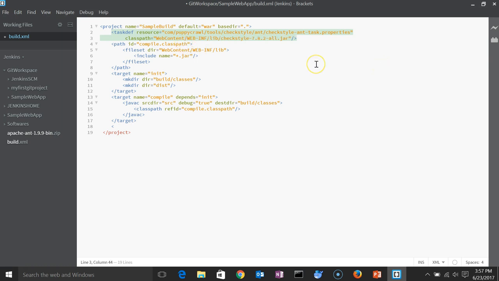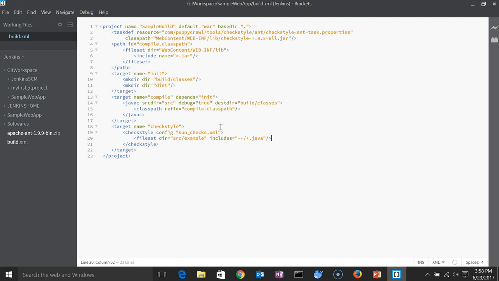Alright, now that the basic setup is done, let us go and create a target for Checkstyle and call it Checkstyle. As we saw earlier, we need to use the Ant Checkstyle task similar to the example we saw. We need to give it a config file. We will use the sun_checks.xml sample file that is there in the repository. We now need to give the file set directory that has all the .java files. Once that is done,